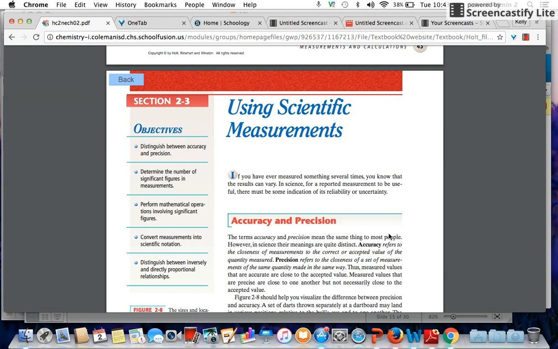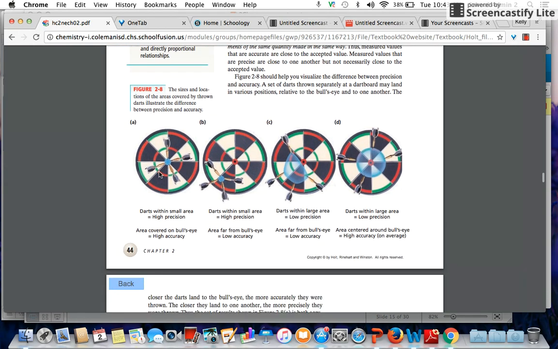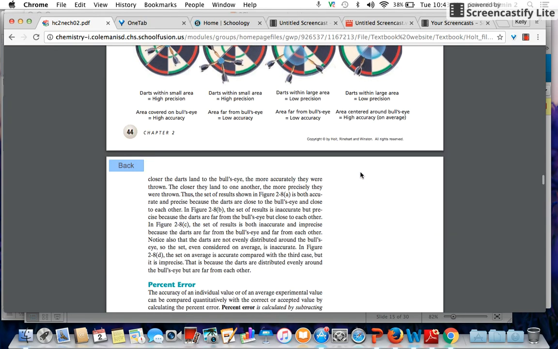We ended on accuracy and precision in the last screencast, and in your textbook you can see that they use the targets as well to explain the difference. You can go through them: high precision, high accuracy; high precision but not accurate; low precision, they're not close together, and low accuracy; and here is low precision but pretty high accuracy. Okay, the next